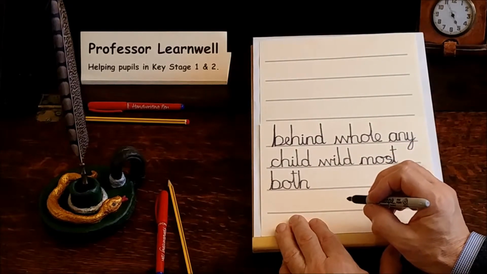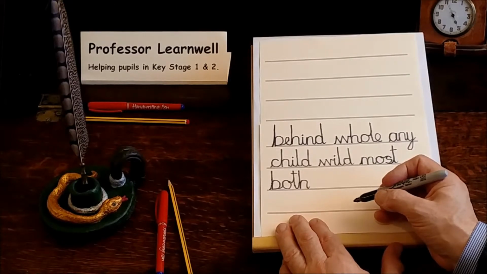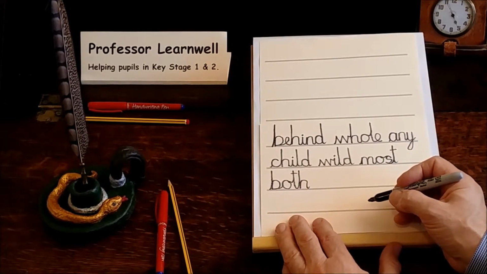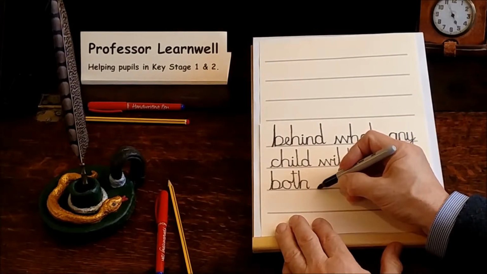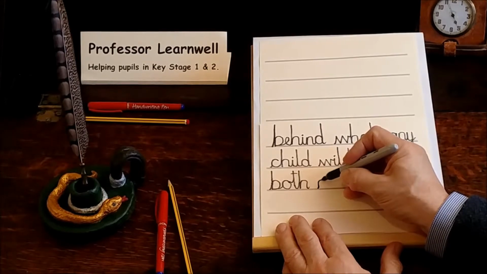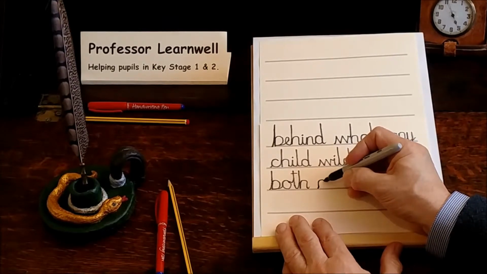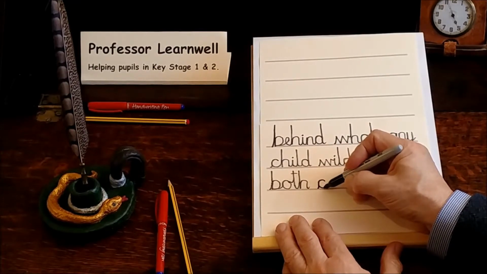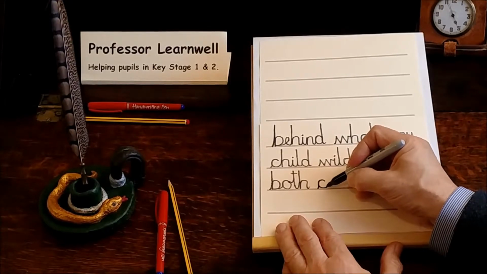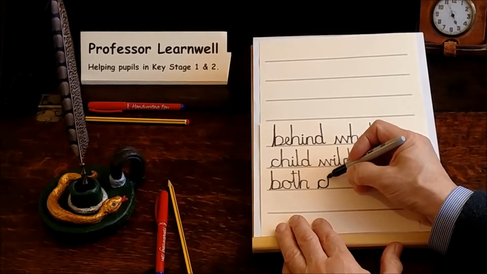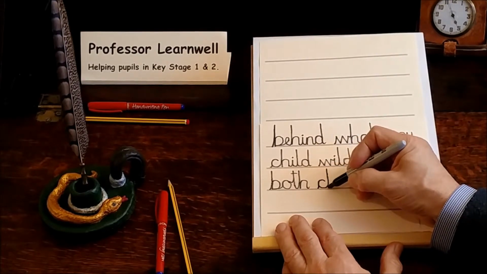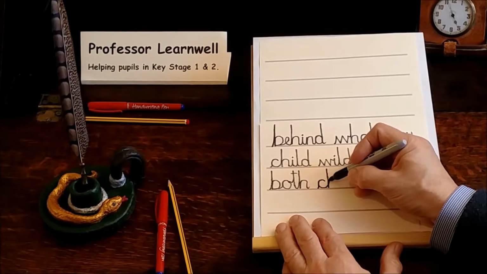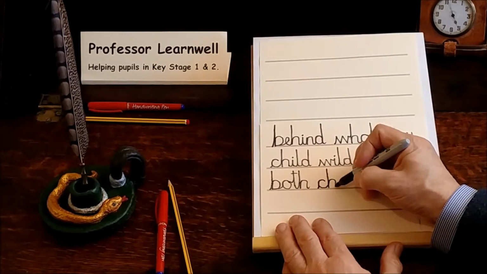Now, the next word is a bit more complicated. It's the word children, such as there are 30 children in my class. So, as ever, starting on the line, we form the letter C, curve to the right, which is familiar for many letters, back on ourselves, but we don't complete a circle because this is not the letter O. We go over to the right, up towards the top, but not quite touching the line, back down carefully, bounce back up, curve to the right, back to the line, so we've made the letter H,